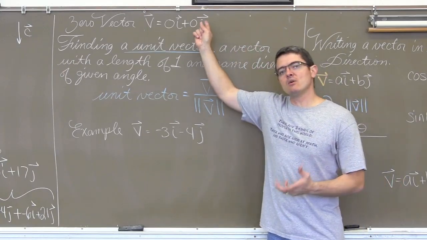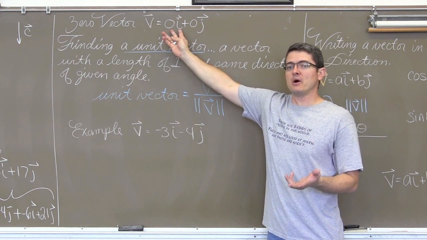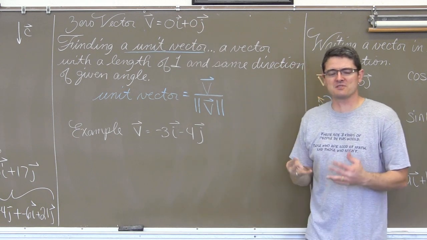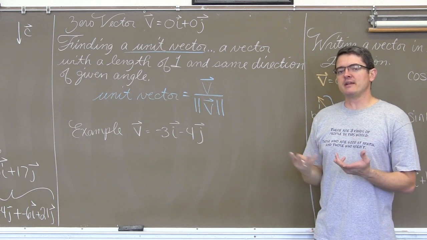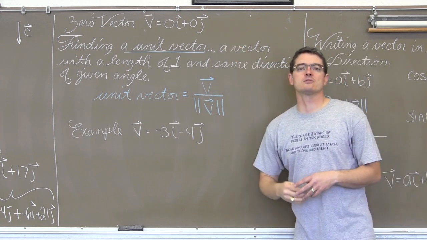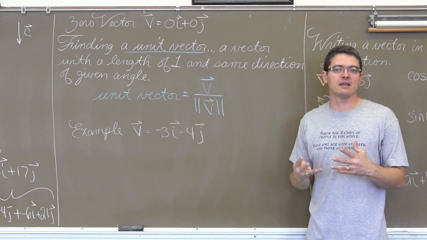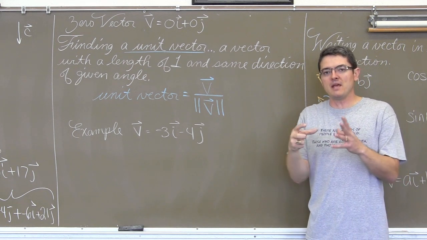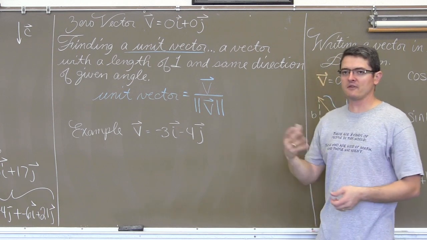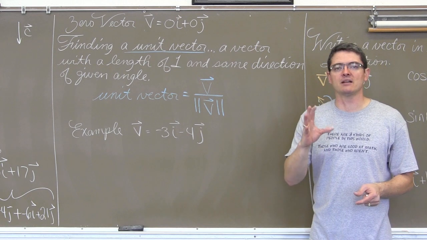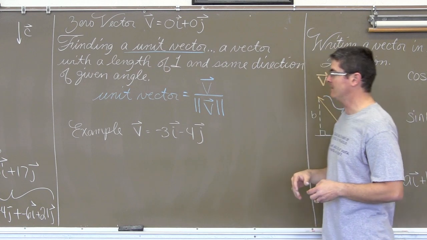We do have something called a zero vector. It's a vector with a horizontal component of 0 and a vertical component of 0. So it's really just a point as opposed to an arrow. So it doesn't seem to be really all that necessary, but we will be talking about zero vectors when we do applications of vectors and talk about items that are in equilibrium or in a static state. That's where all the forces are balancing each other out so that the object is not in motion at all. Think of, say, a picture frame hanging on a wall. It's stagnant because the wires are balancing out the forces of gravity and keeping that item steady.